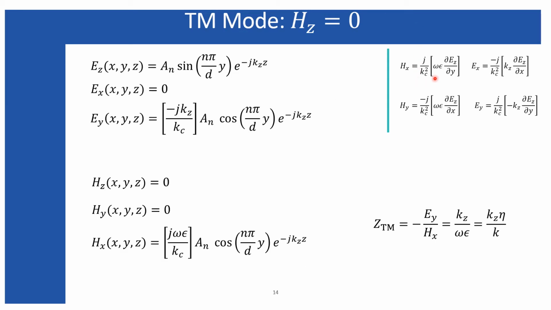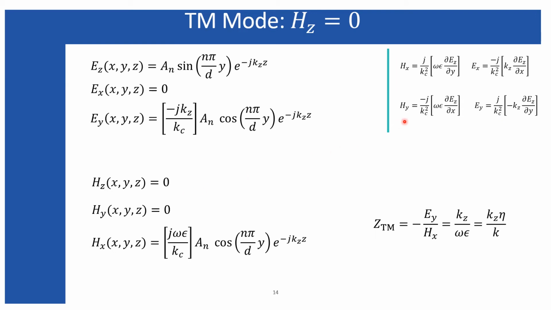Now these are the four reduced equations, and if you plug in the expression for Ez that I have obtained over here, that will define each and every component. So Ez we have obtained by this expression. Ex will be 0, because Ex includes the derivative del x, and that is 0, and Ey you can obtain from here.